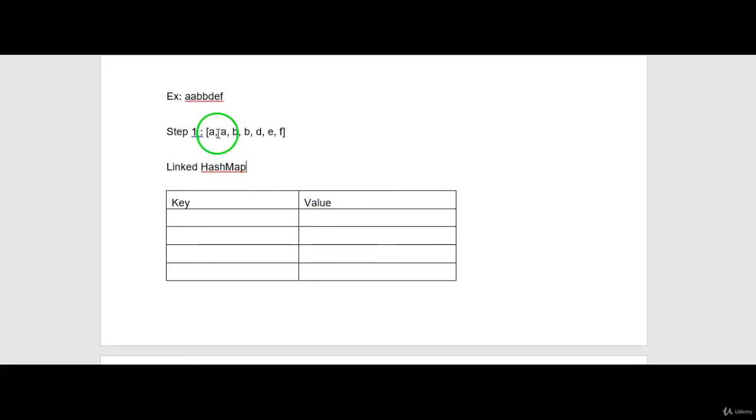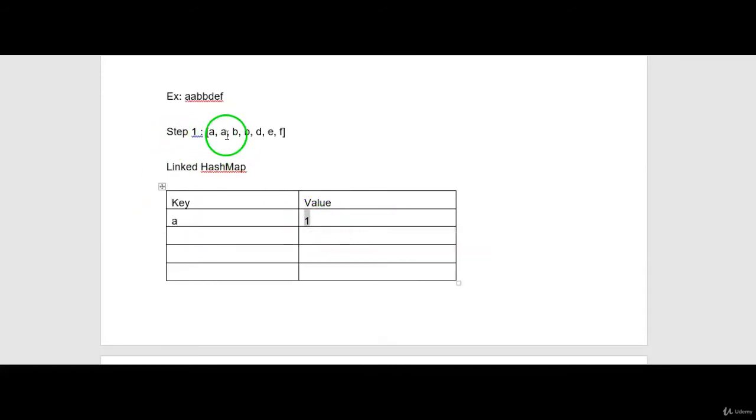Let me explain. First I will start the iteration from this A. I will store the key as A and the value as the number of occurrences. How many times did we get it? 1. So in the first iteration, A will be 1.